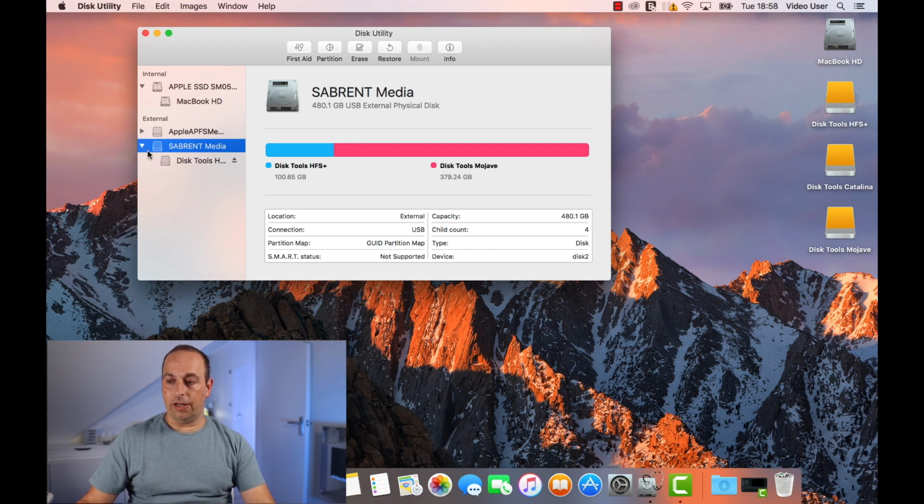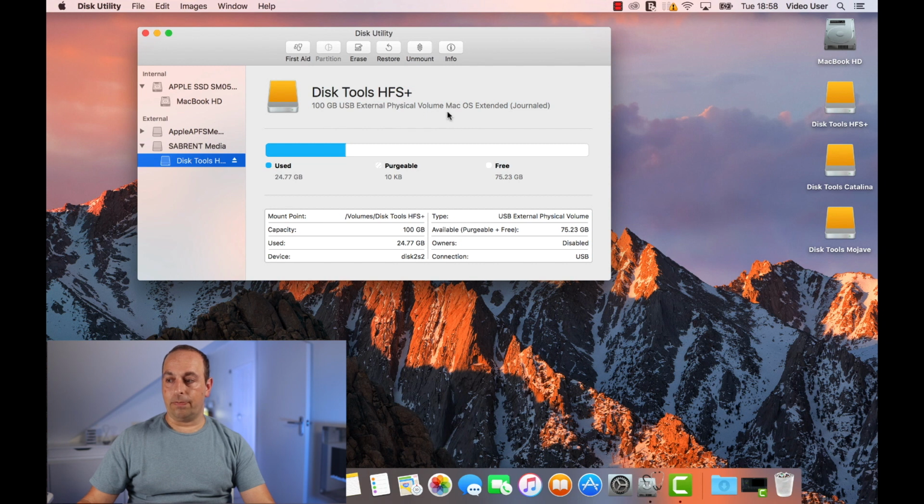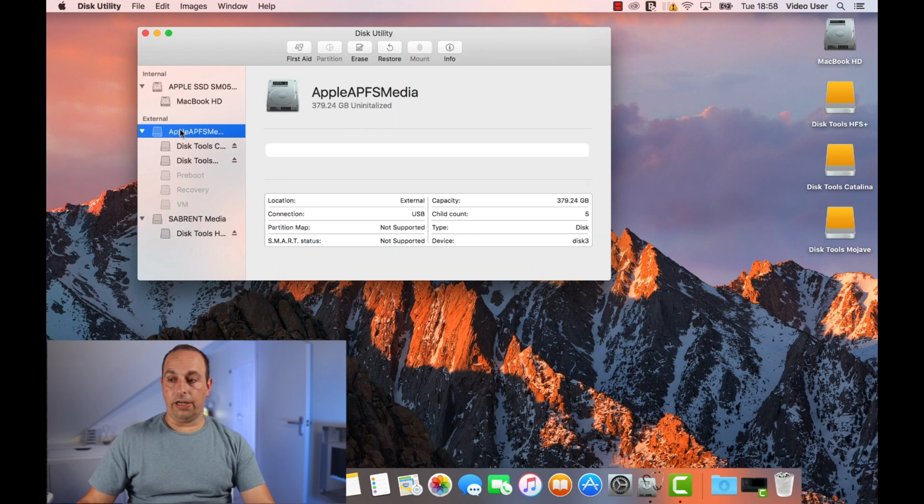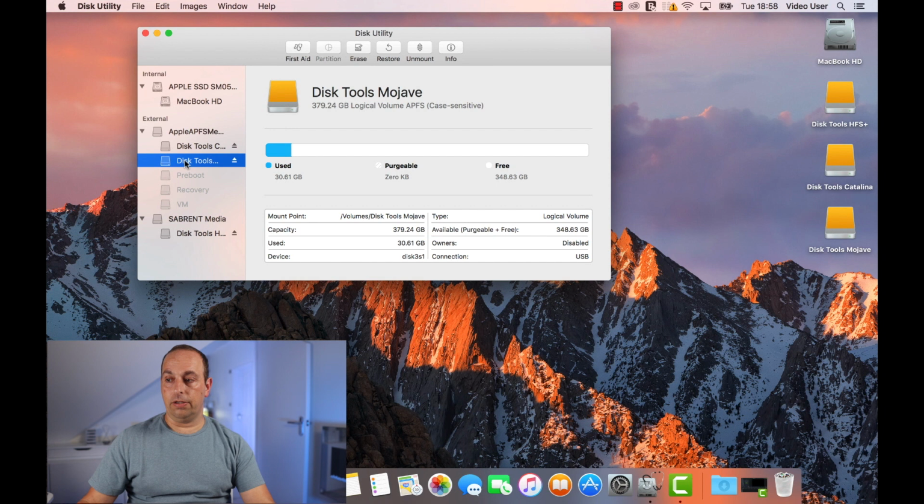So if we have a look here, you can see this is macOS Extended Journaled. This is my HFS Plus volume, and on here, as you can see, this is my APFS volume, and I have 2 volumes set up in here. Now because I'm on 10.12, I'm not able to add additional volumes. I'll need to boot into Mojave to be able to do this,